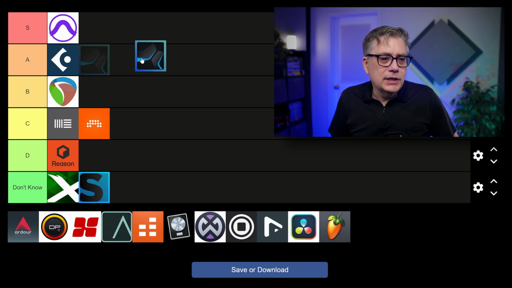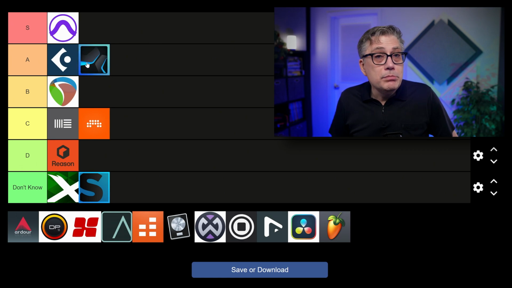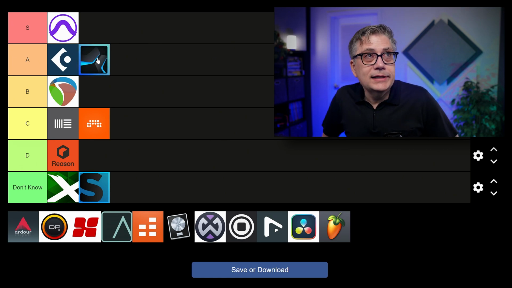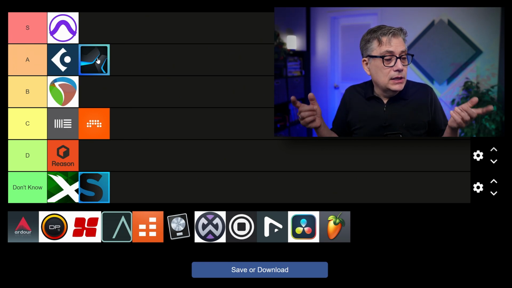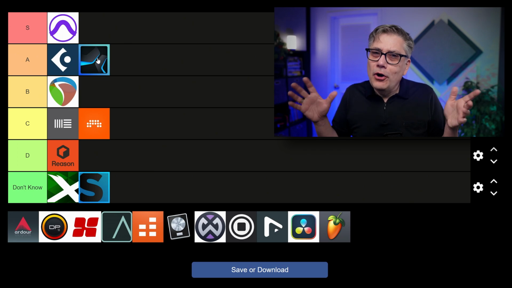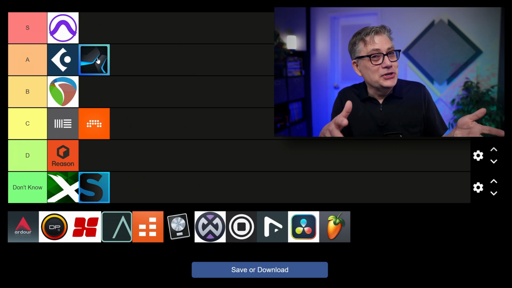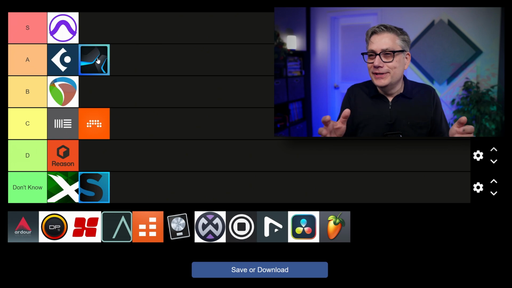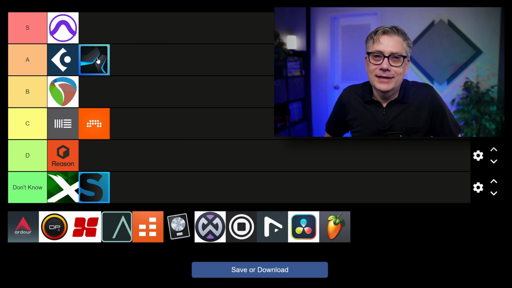I'm still not going to put that up to S tier simply because it has certain limitations in the sense that it does not allow you to import Dolby Atmos master files, and even though it is a very complete DAW, probably one of the completest DAWs that you can find, I always felt a little uneasy with the user interface. I quite often find myself searching for things because I'm searching them in a certain menu, and it's not really in that menu; it's in another menu. It has so many options.